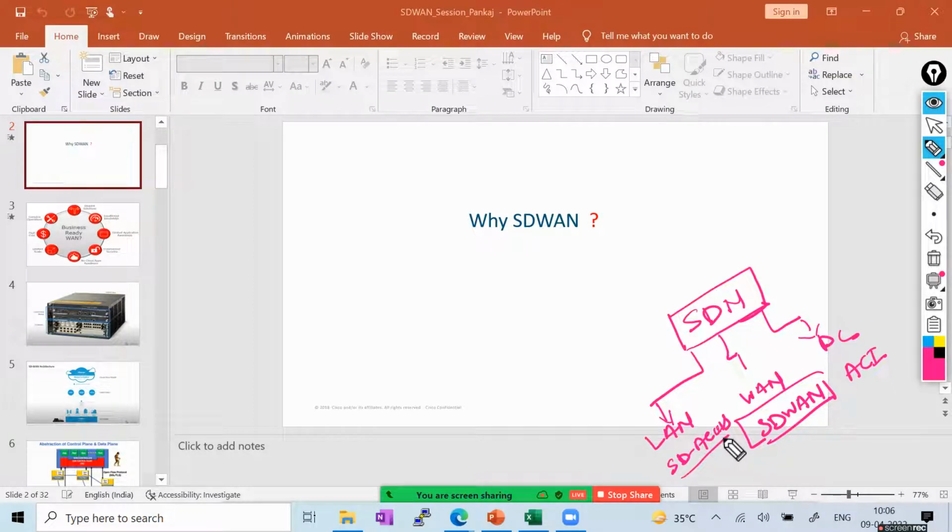Here we are going to focus on SD-WAN, which is completely in the WAN technology, and we'll try to understand why it is very important nowadays. The other two parts are separate modules. If you are interested, you can take the data center course, or go to the campus LAN